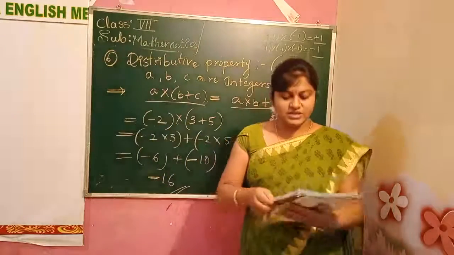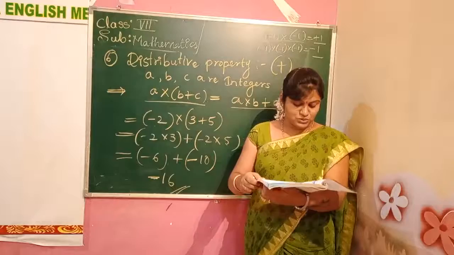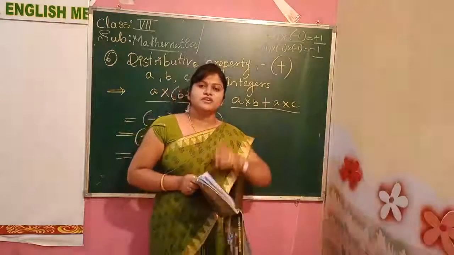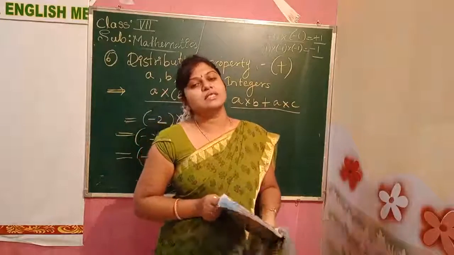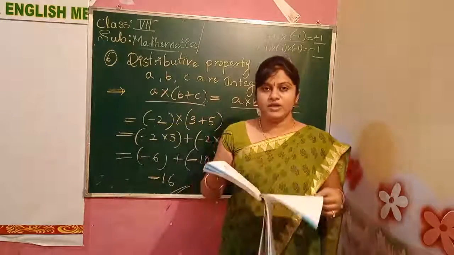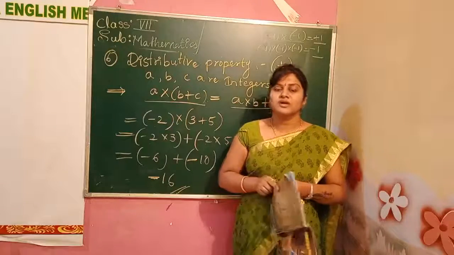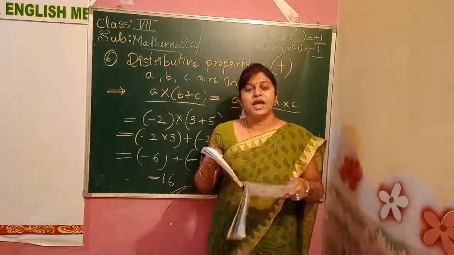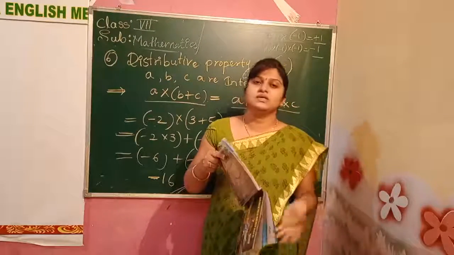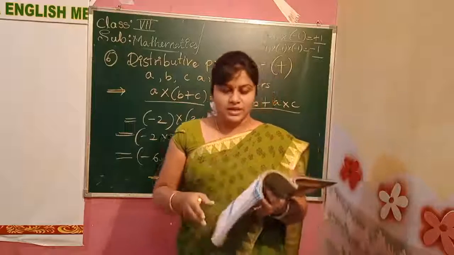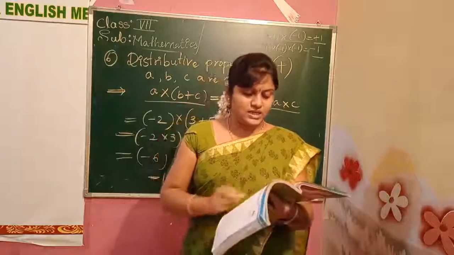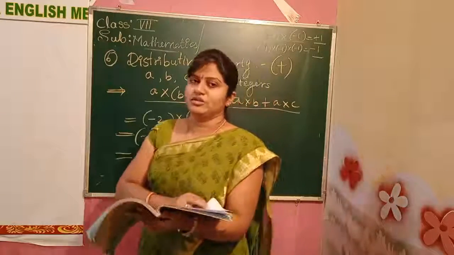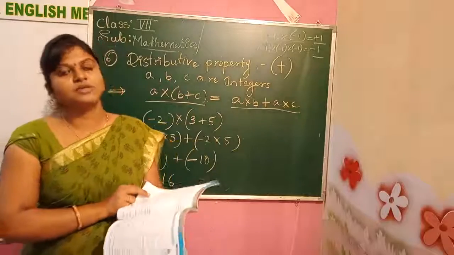Yes, children, we did the properties of multiplication today. Here how many properties we have? 6 properties we have. Each property contains different statements. These all properties we use in our sums. In the next class we'll teach you how to use these all properties and how to make our multiplication easier using these all properties and solve the exercise. Please try to revise it once in your house and copy these all things in your classroom. Okay, children, see you in the next class. Bye.